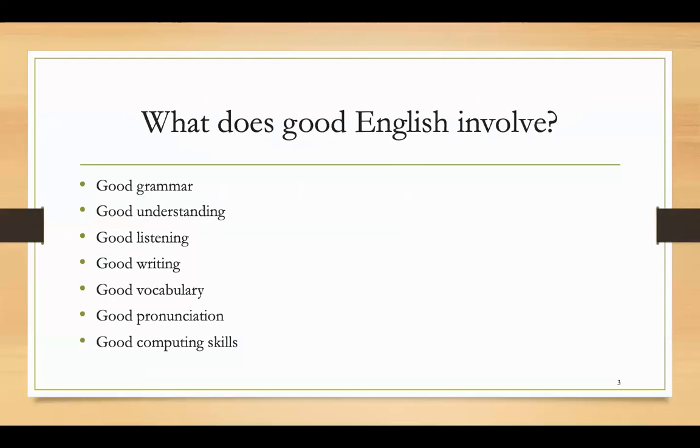Now, there's lots of things on this list, and I think you already know them. Good English is about good grammar, good understanding, good listening, good writing, good vocab. That means having a range of words that you can use, and good pronunciation, and even good computing skills so that you can make your English clear. So let's move on now